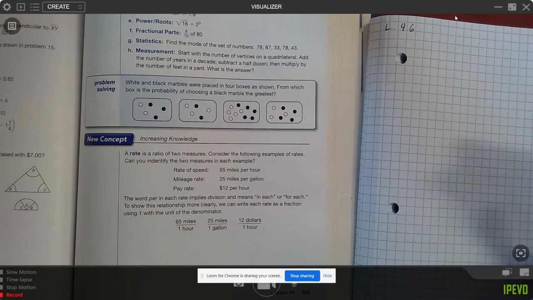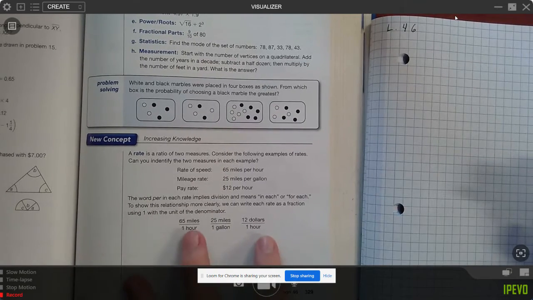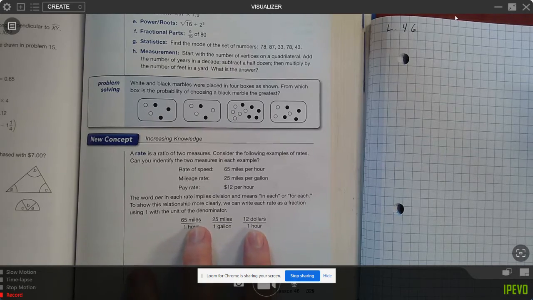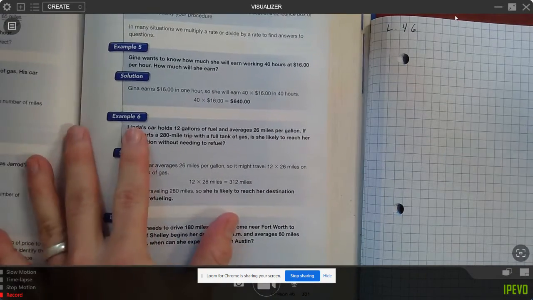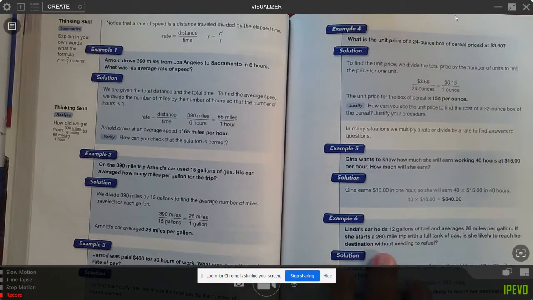Okay, these are rates. Now they are also proportions, right? In this case they are all proportions over 1, but they are still proportions, and we will sometimes use them to figure out other things, right? If I work 5 hours, how much money do I make? Okay,